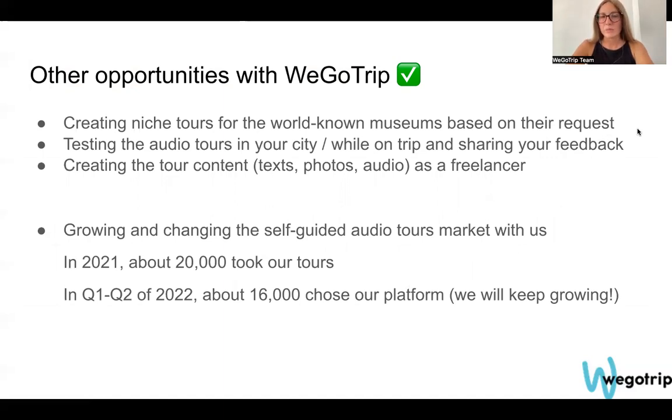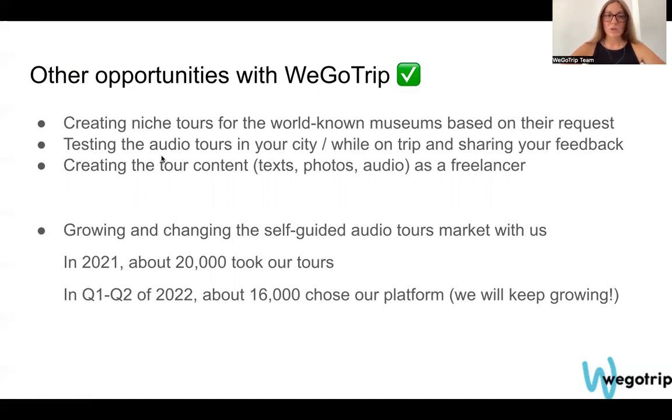We partner with different attractions and museums, and some of them would wish to create a niche tour that is not offered inside the museum. Not all museums want it, but for those who do, if they're in your location, it's a chance to promote your name and to apply your creativity skills on another level.